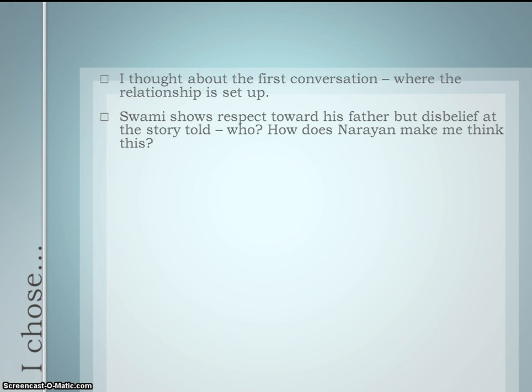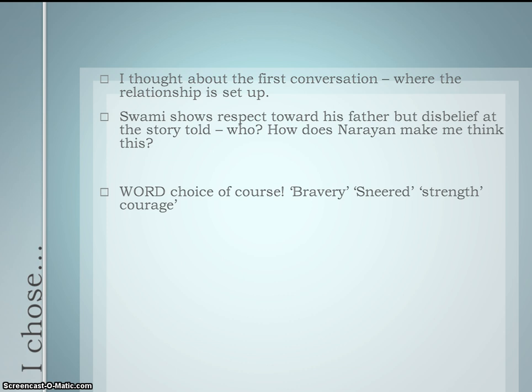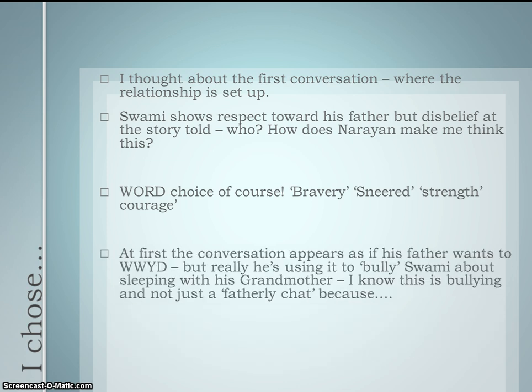So, things I chose. I thought about the first conversation, and I thought about how the relationship between Swami and his father is set up. Remember, we're talking about fear here. I thought about how Swami shows respect but doesn't believe that story that he's shown, and I wondered why Narayan wanted me to think about this, and I wondered how he made me think it. And of course I picked out word choice because it's one of the main things we need to write about after all. The next thing I thought about was how his father initially makes it look like a